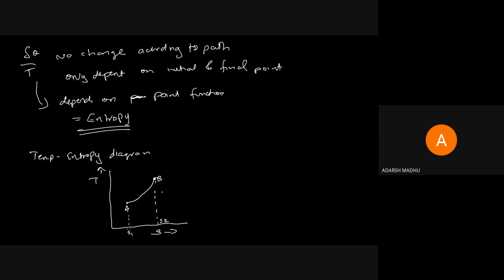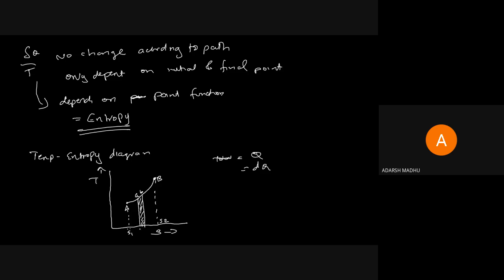we can take the work done here. It is the area under the curve, right? And for the change in entropy, we can take a small area for analysis, for a small part of the process A to B. The total heat transfer for A to B is Q. When we take a small area, the heat transfer we consider as dQ, the small change in heat energy from A to B.